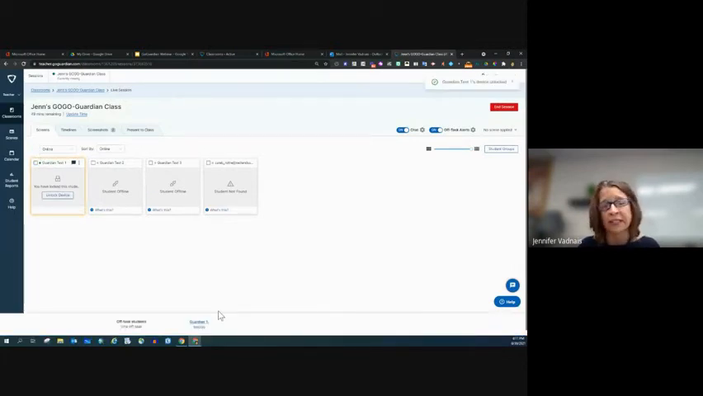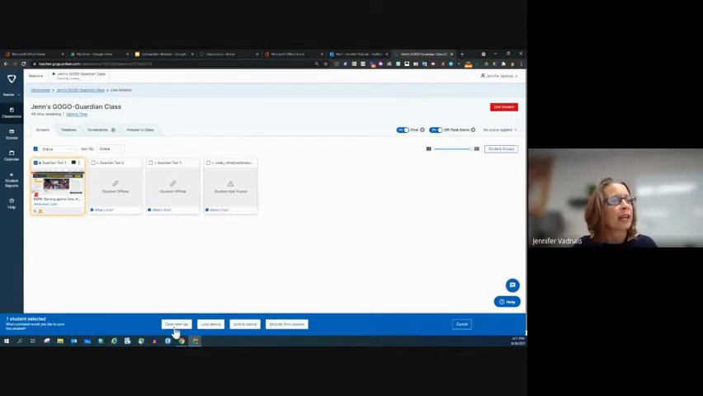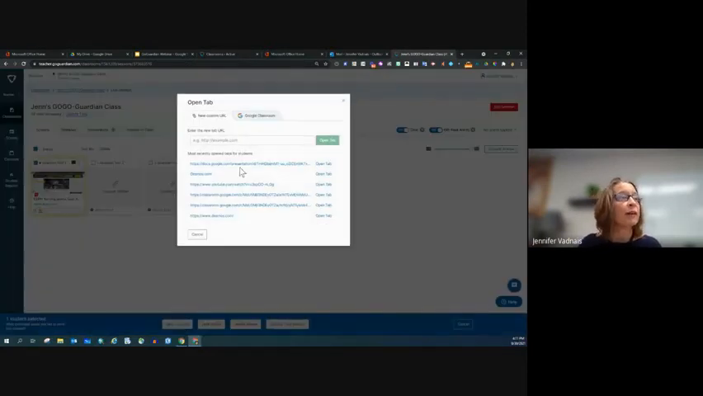Unlock all the devices and let them continue with their work. So that's something that you can do. Or open up a new tab. This will be for everybody. So I'm going to